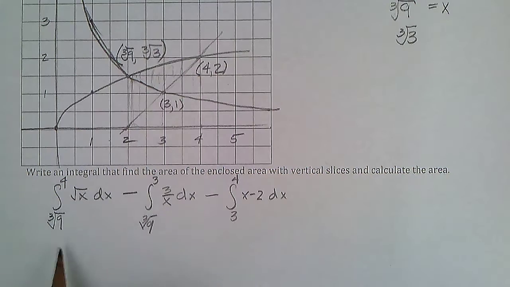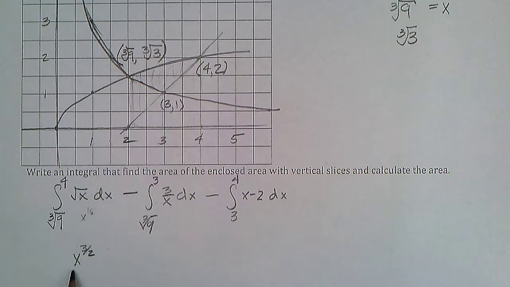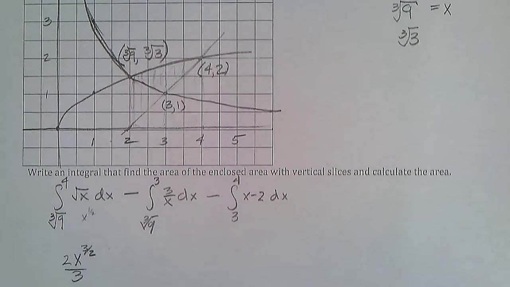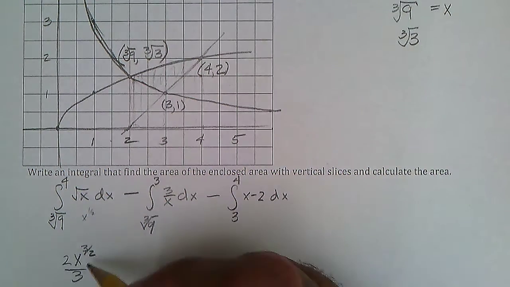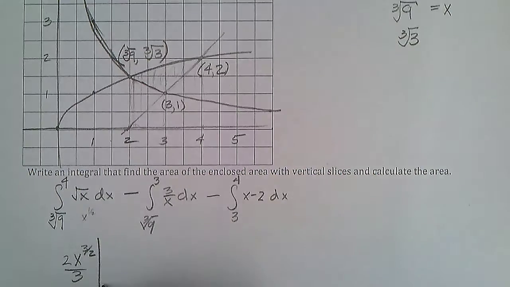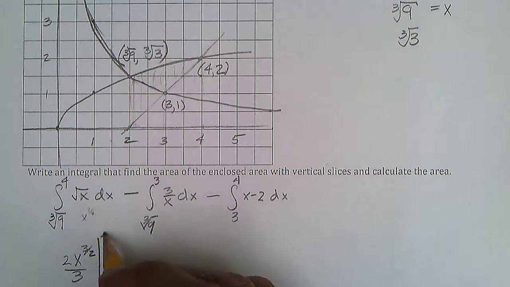So we've got, this is x to the 1/2 integrated, that's x to the 3 halves divided by 3 halves, which is 2/3, excuse me, evaluated from cube root of 9 to 4